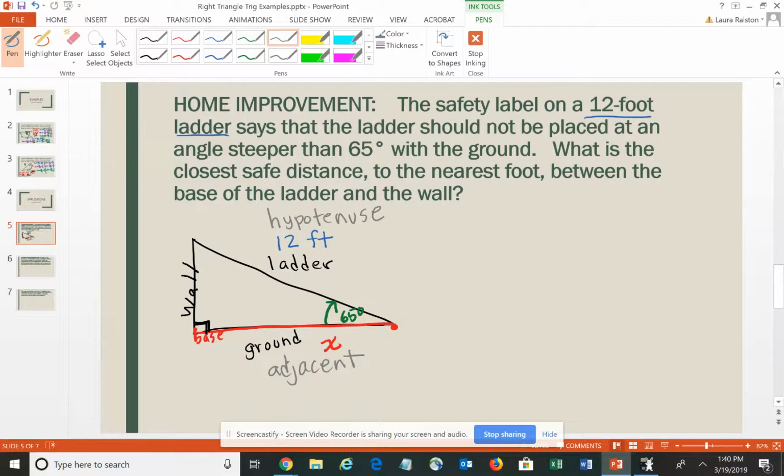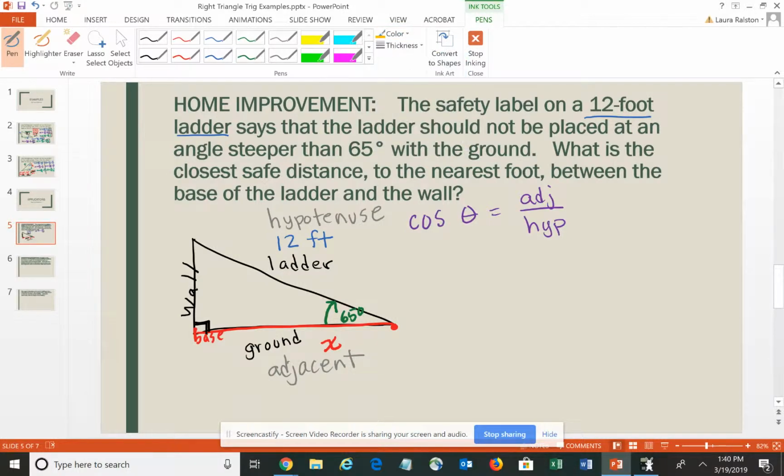Now there really are two, because we could look at secant or we could look at cosine. If we have a choice, we tend to stick with either sine, cosine, or tangent. So I'm going to stick with the cosine of an angle is adjacent over hypotenuse. And using that formula or that trig relationship,